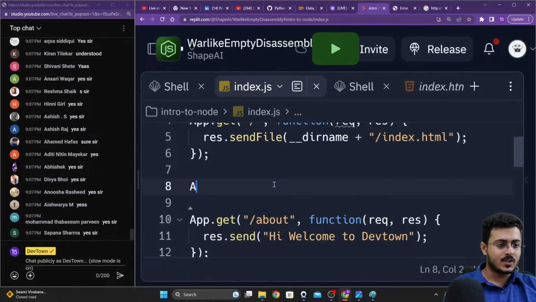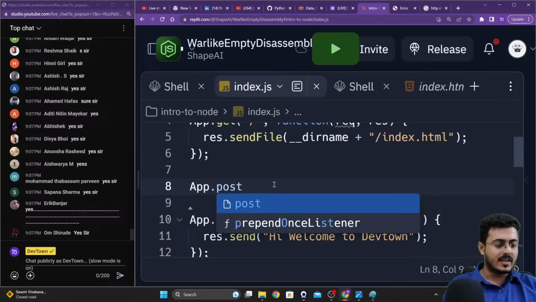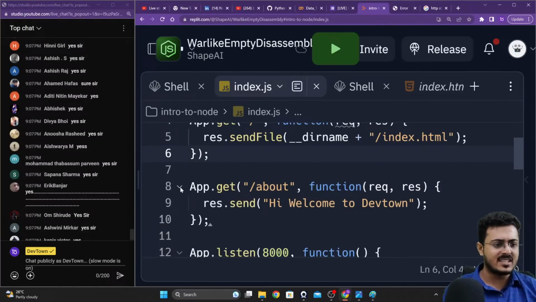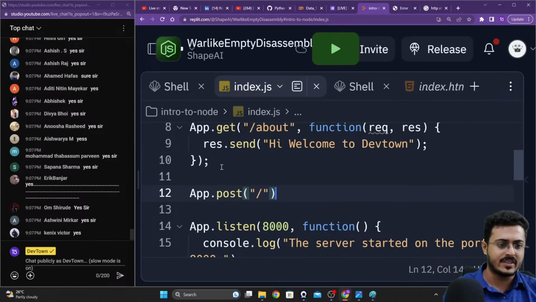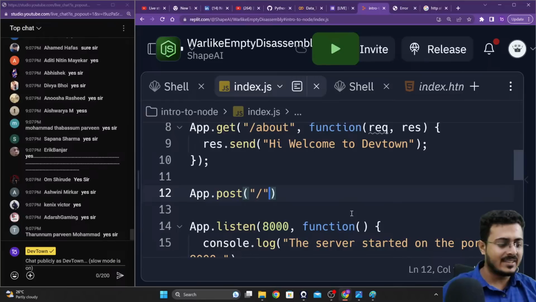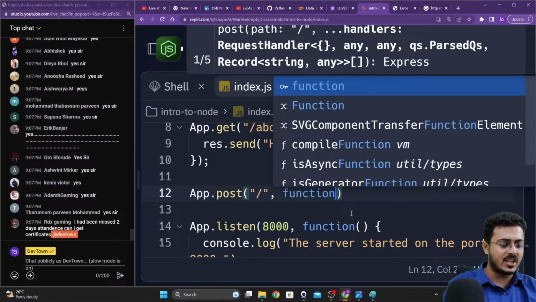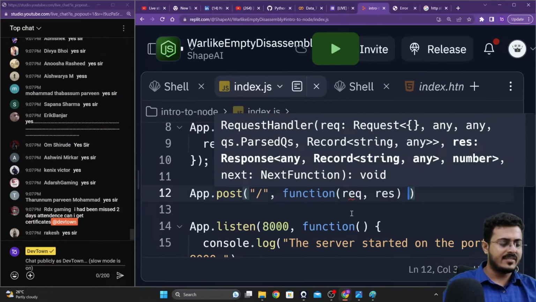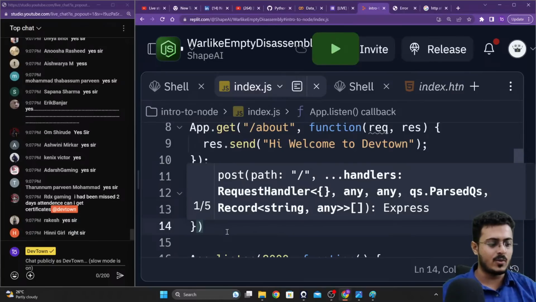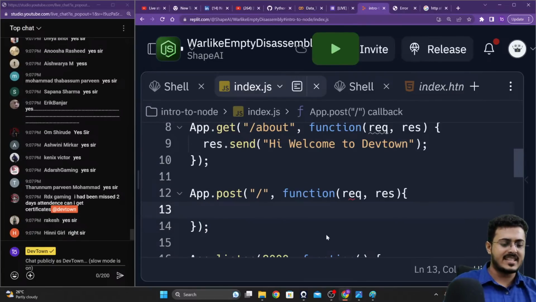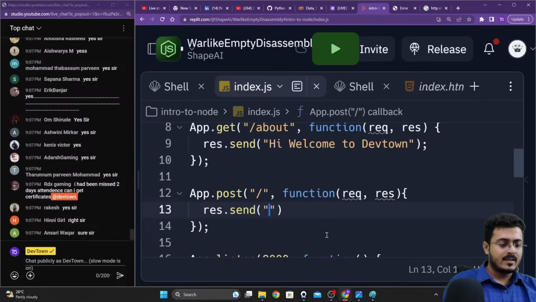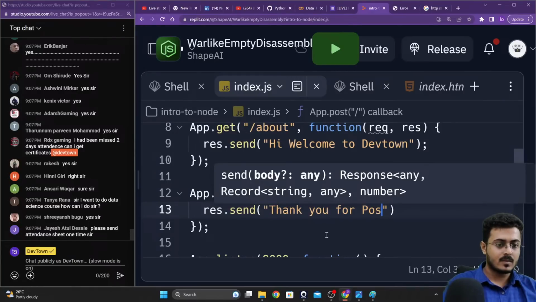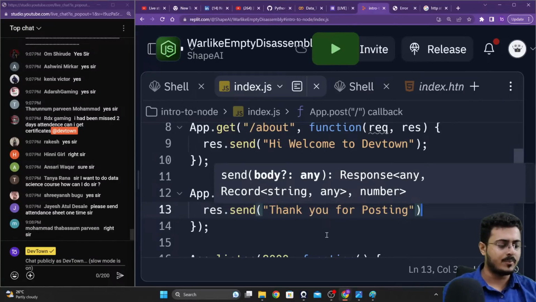So app.post. Okay, we are going to create an app.post method at the / location. We'll shift it down below, guys. After the get request, let's handle the post request right over here just to make it a little bit more organized. And then we are going to write the anonymous function itself. We're going to take up the request and the response. And then we are going to have the parenthesis right over here, a semicolon at the end. And we are going to send res.send, thank you for posting. Okay, thank you for posting itself, guys.